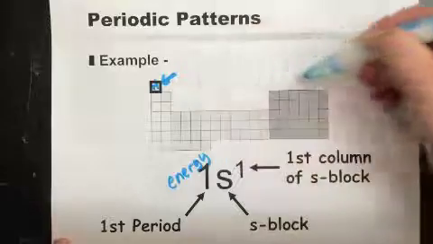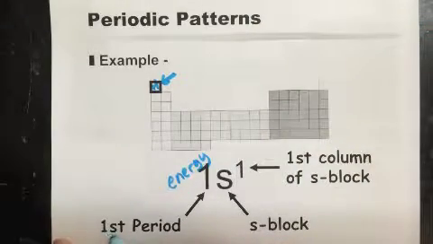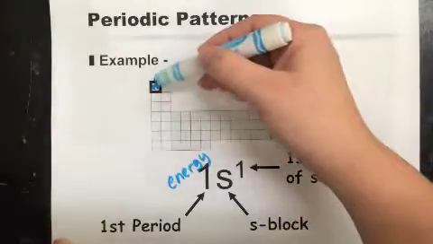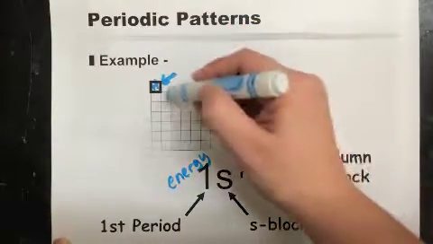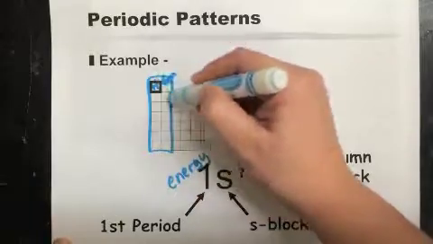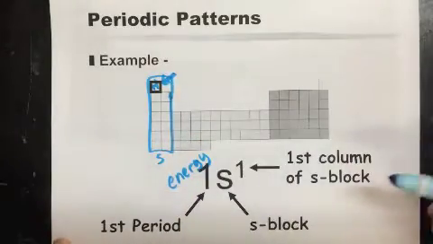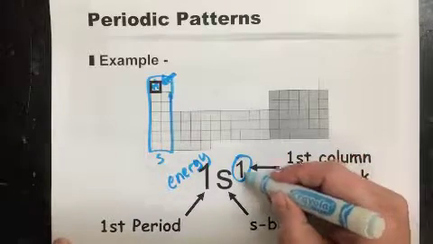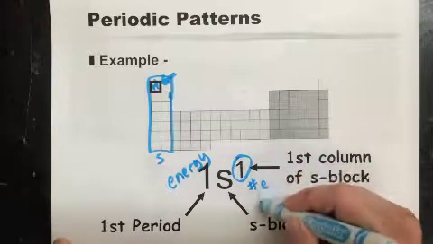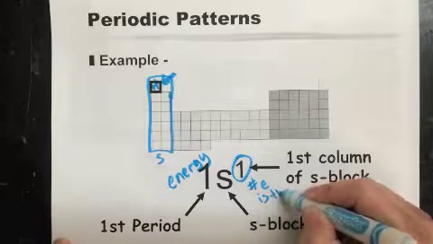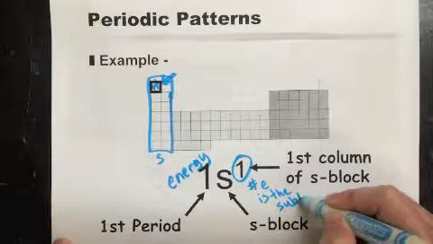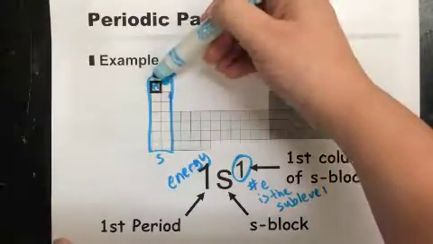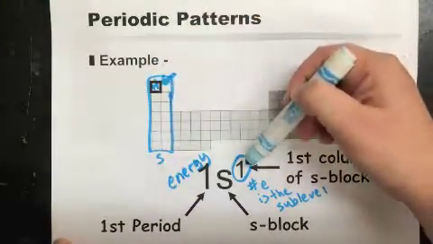So hydrogen's in that first row, so therefore it's on energy level 1. We know that it's 1s because it's in the S sublevel. So you remember in the drawing that you did, these are your S's. Then you get the small exponent number. Remember, this is the number of electrons in the sublevel. Okay? So since it's in the first column of the S block, there's only 1 electron